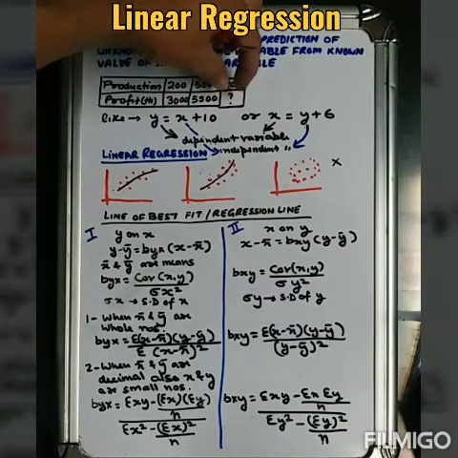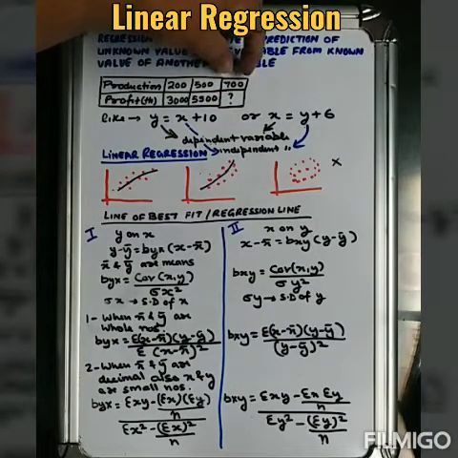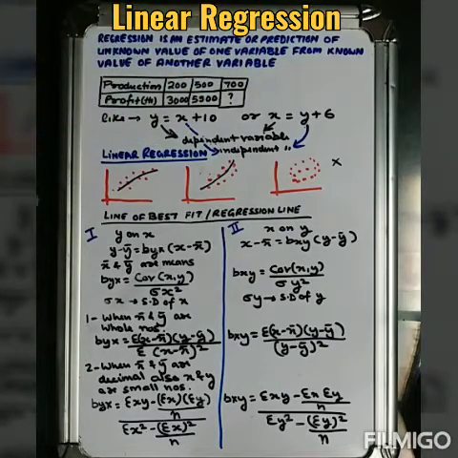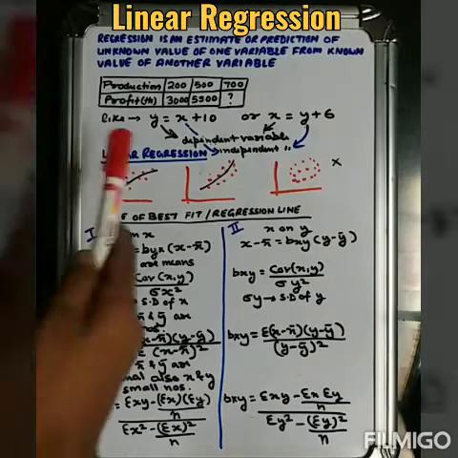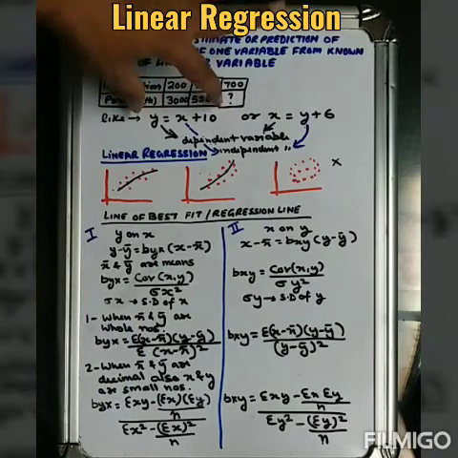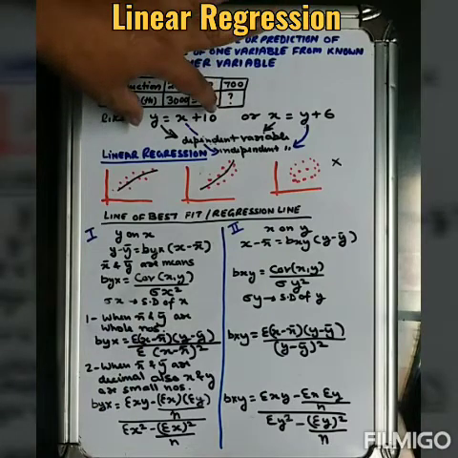If we have to calculate the approximate price or approximate profit when this is the value of x, then this is called regression lines. So what is linear regression? Regression is the estimate when we connect two variables like x and y together in an equation. This is called regression lines.